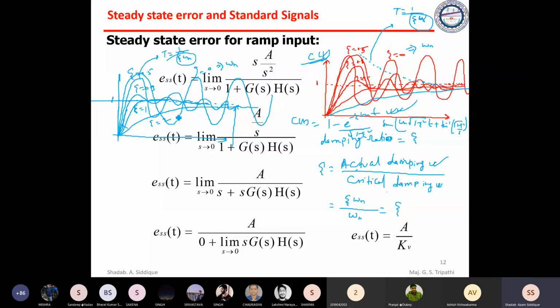Now see, you are increasing the zeta value and you are getting to 1. See, this is zeta equal to 0.5, zeta equal to 0.9. So with zeta equal to 0.5, you were getting the settling down here. But if you take zeta equal to 0.9, your system is settled down at this point.